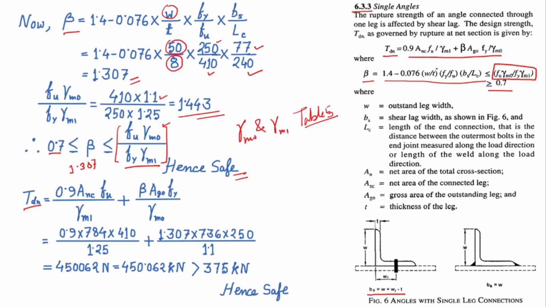So I shall write down the expression from the equation given in the IS code, and then I shall put the values. A and C I have calculated 784, FU is 410, gamma m1 1.25, beta we have calculated 1.307, A Z naught we have calculated 736, AL stress 250, and then gamma m naught 1.1. So finally the TDN is calculated as